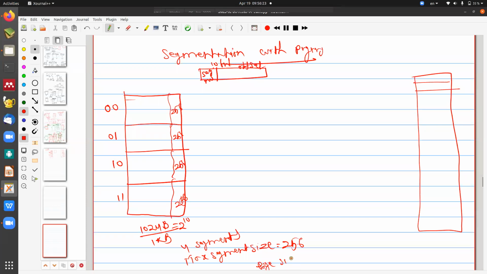पेज साइज कितना है? 64 बाइट्स। बोल पाओगे अभी? एक सेगमेंट कितने पेजेस में डिवाइड होगा? अरे एक एक पेज कितना साइज का है? फिक्स साइज 64। देन एक एक सेगमेंट आपका कितने पेज में डिवाइड होगा? 4 पेजेस में। 256 आप बोलोगे कि सर ये जो सेगमेंट है, सोच लीजिए कि 4 पेज में डिवाइड।